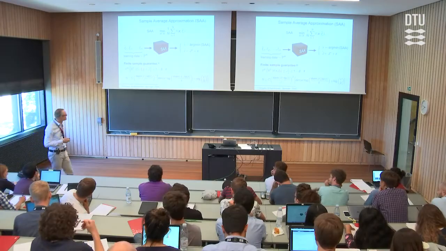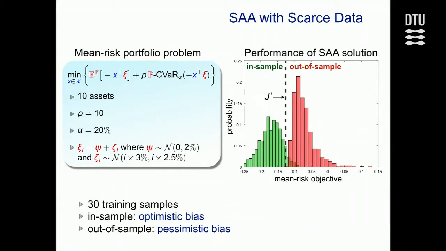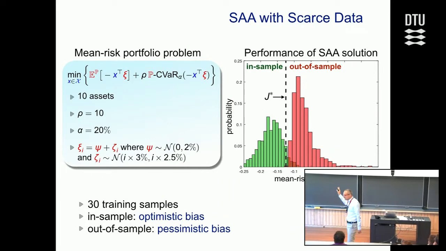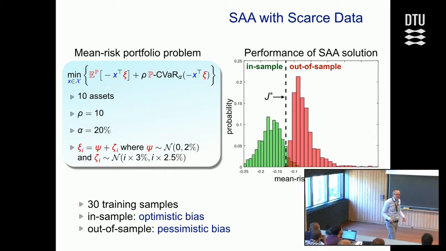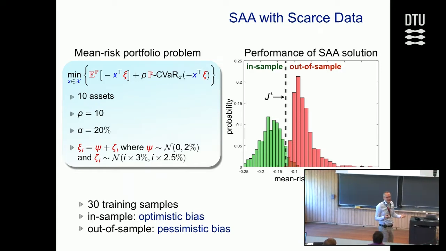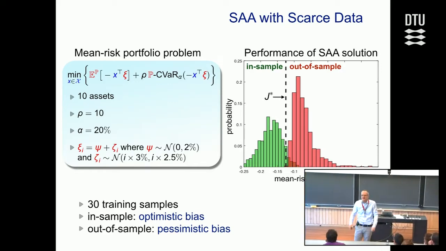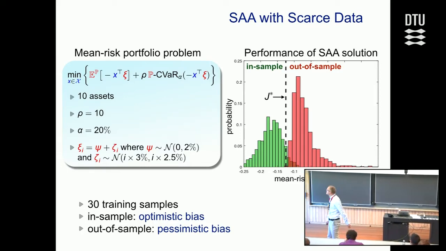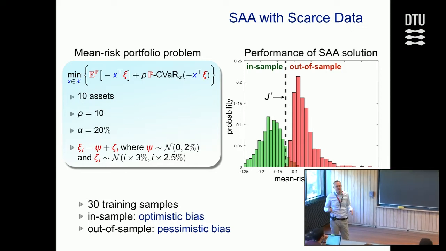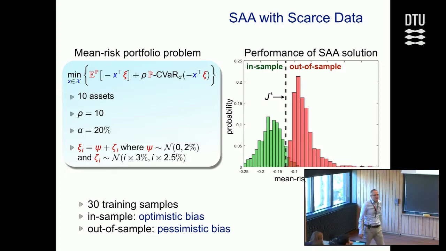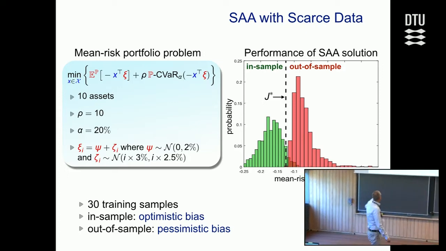enough data. Okay? So here's an experiment, and I apologize, it's a finance example, and it's just because this is the simplest example I could think of to make the point. So the details are not so important. The goal here is to solve a portfolio optimization problem. We have 10 different assets, and you decide today how to invest the amount of money that you have, your capital, into these 10 different assets, with the goal to minimize a combination of the expected portfolio loss plus the risk of the portfolio, which I quantify by using a conditional value at risk. The details are not important, okay?